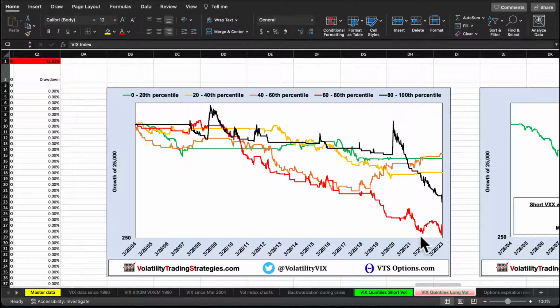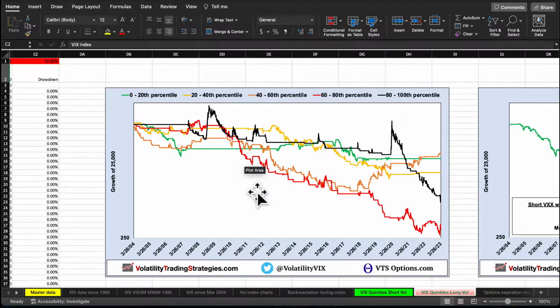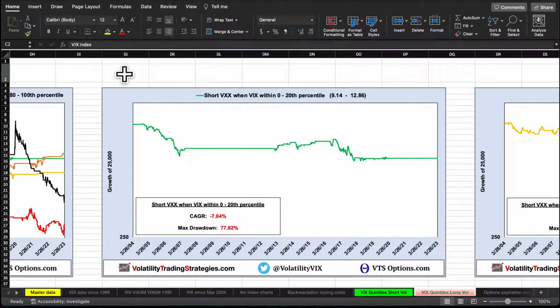So, of course, the red one is catastrophic. I don't know if you think that there's potential there, but which one of these are you eyeing, looking to, hey, maybe there's a shot for us long vol traders? So the first segment, this is not surprising. It's going to be negative, but the VIX doesn't actually get down below 12.86 super often. Now, when it does get down to that level,